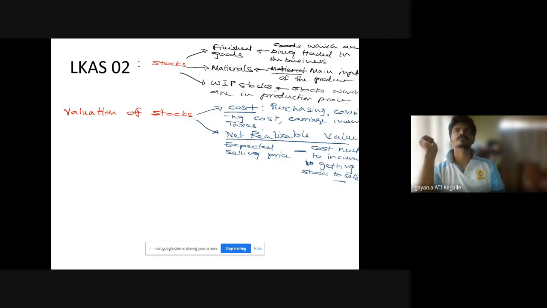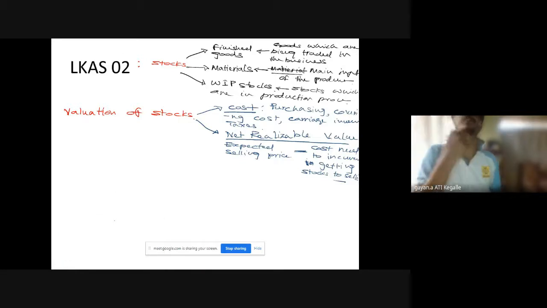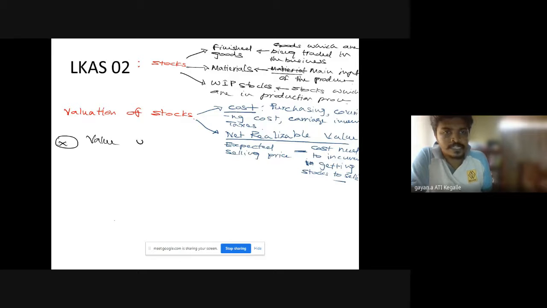Okay, I think you got the point. So you may have discussed in A level, in valuation, in recording stocks, we should value the stocks to minimum or otherwise lowest value from cost or